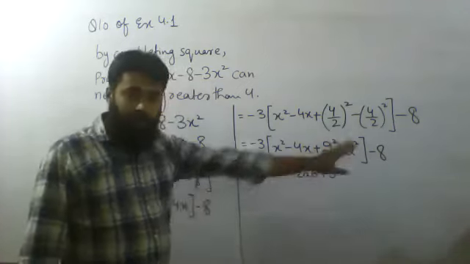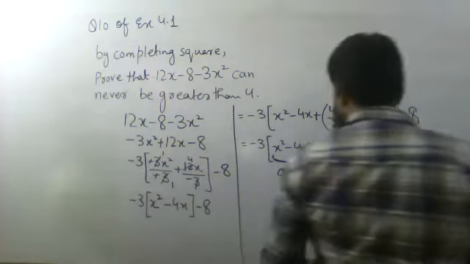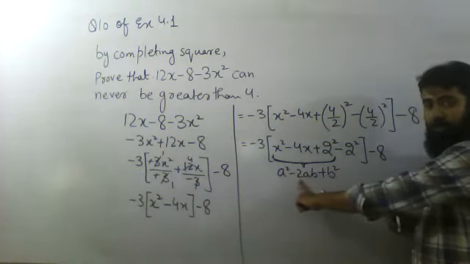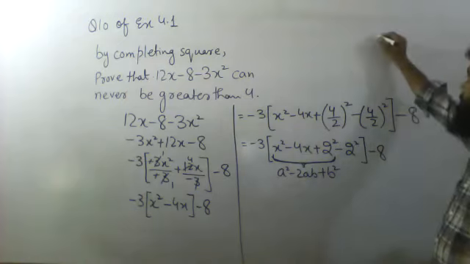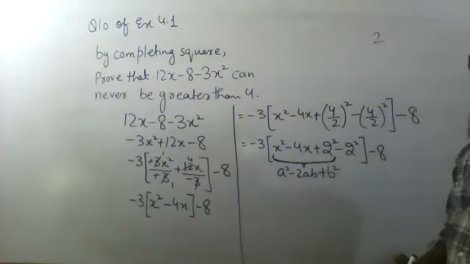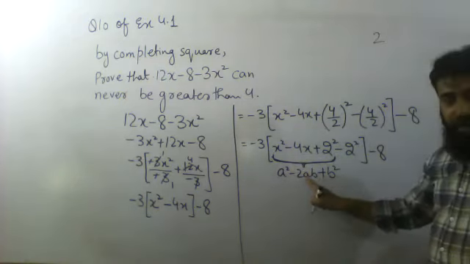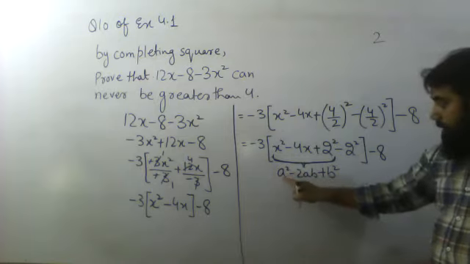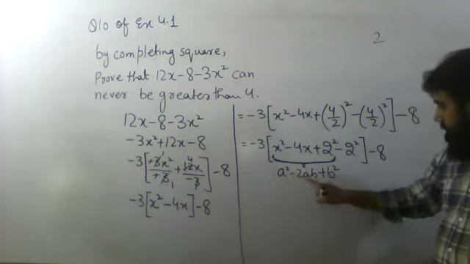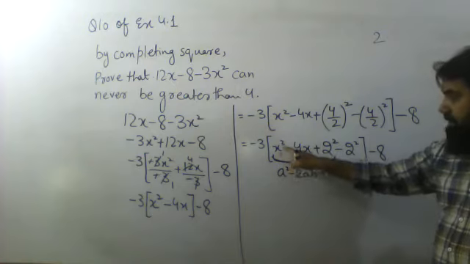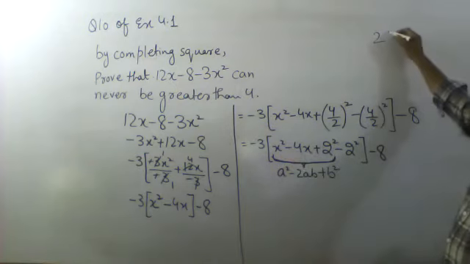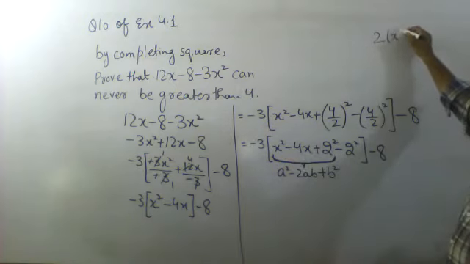I'm solving it separately over here. See, what is the first thing written over here? This is 2, so I've written 2. The value of A, A is what? The one which is having a square. So over here, x is having a square, so in the bracket I have written x.